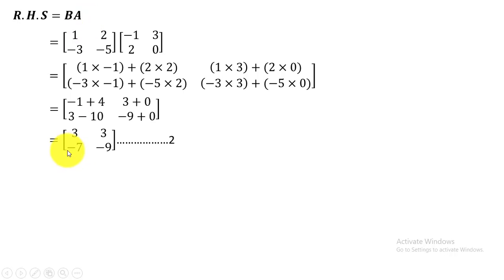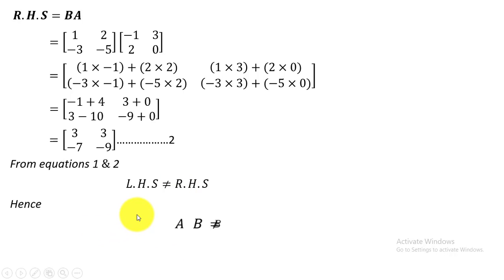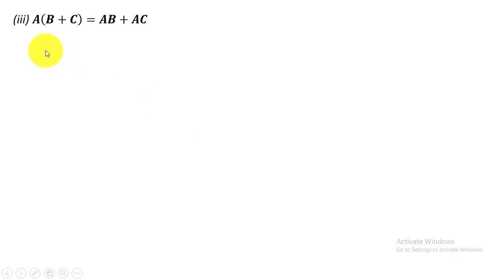So B times A is equal to matrix having elements 3, 3, negative 7 and negative 9. This is equation number 2. From equation number 1 and equation number 2, left hand side is not equal to right hand side. Hence A times B is not equal to B times A. In third,